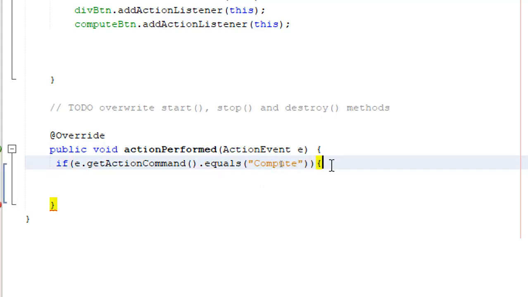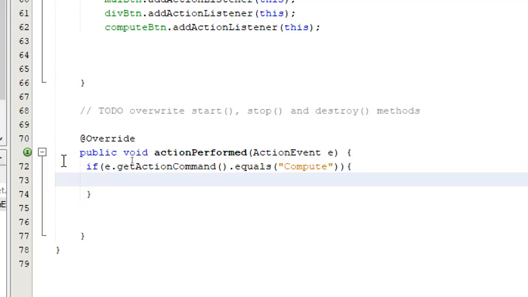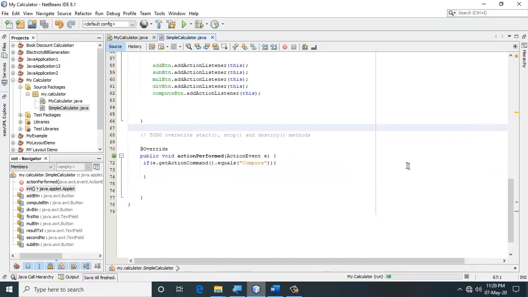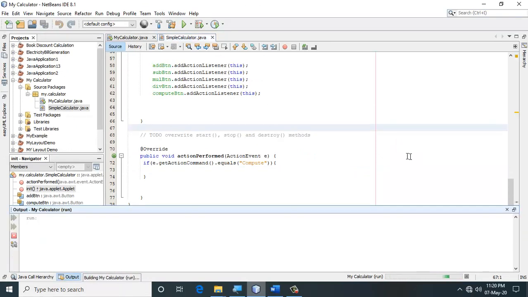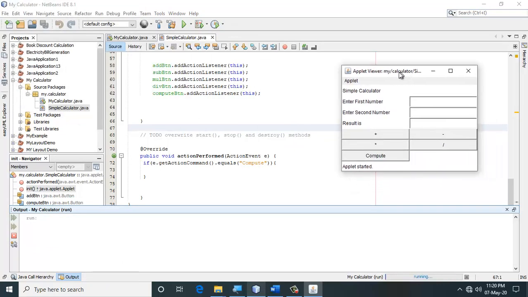So just copy that string and paste it over here. What I've done now is, let me run it and let me show you. If I press the compute button, then I am supposed to do the calculation. Otherwise, if I press any of these buttons, I have to just remember which operator I am supposed to use.